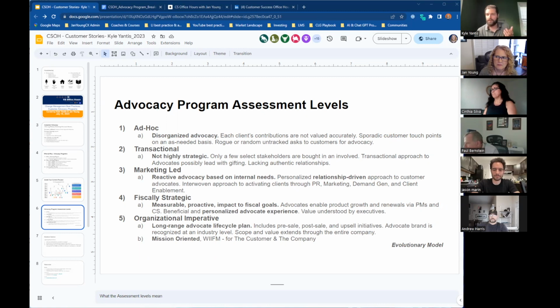turning to a proactive model, recognizing that you have a long-term relationship with your customer, and that doing an ad hoc ask or a transactional ask with your client ultimately doesn't honor the relationship you're trying to build with them. It decreases the value of that relationship by saying, I'm only in it for my need, which is the point of advocacy. If you're in it for the long haul, you're going to say, as the client, I want to make you the thought leader. I want to make you successful first.